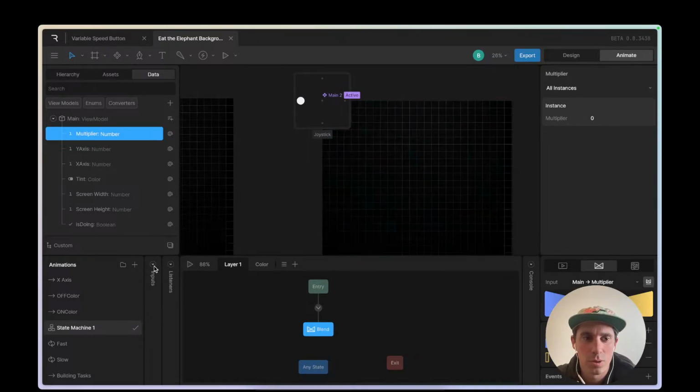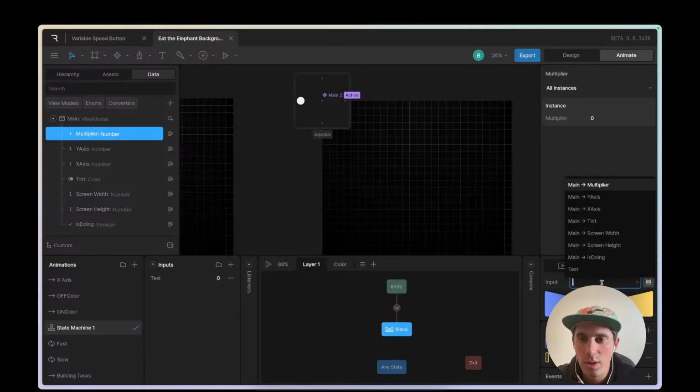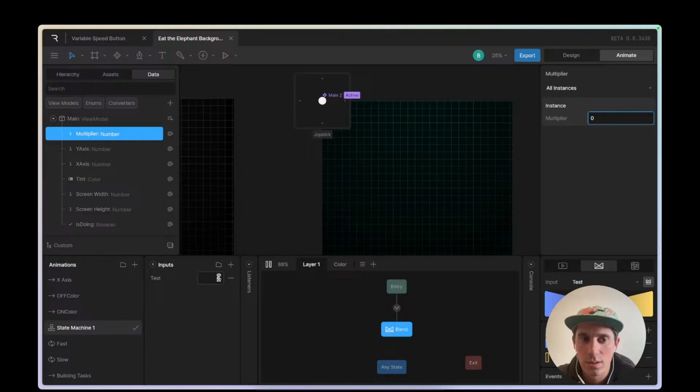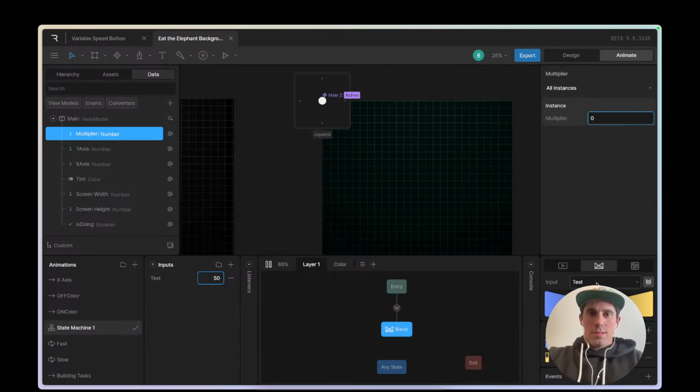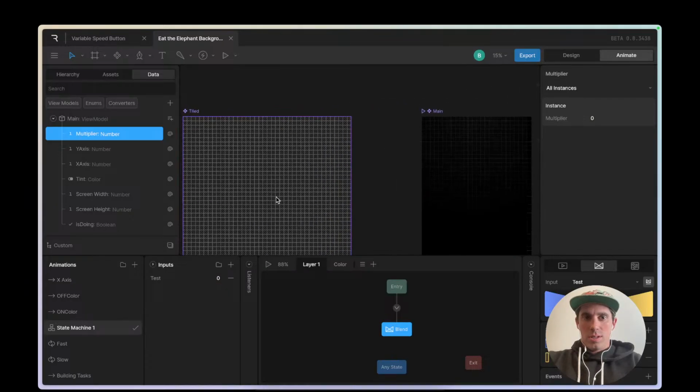All right, we're going to pause. We're going to try it with an input and just see what happens. Now if we change that to 50, interesting. So for some reason, it's not accepting the multiplier. I wonder if this